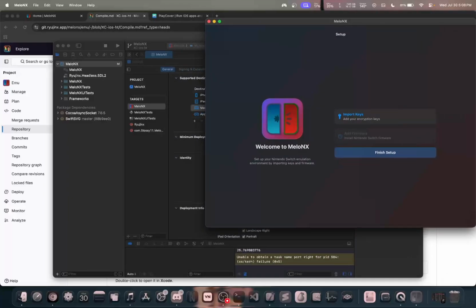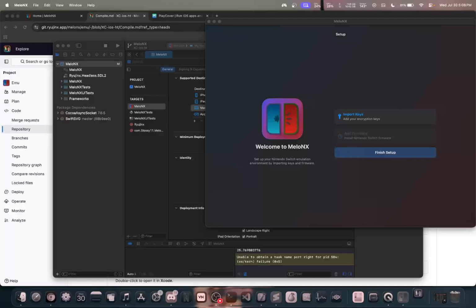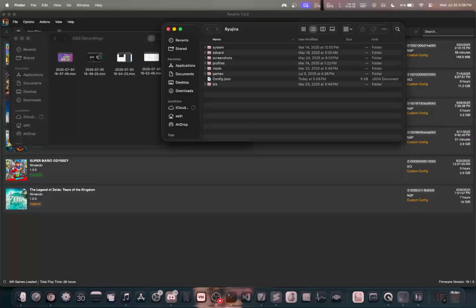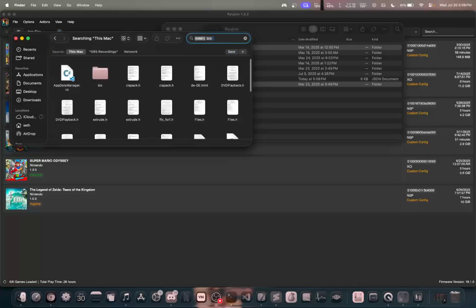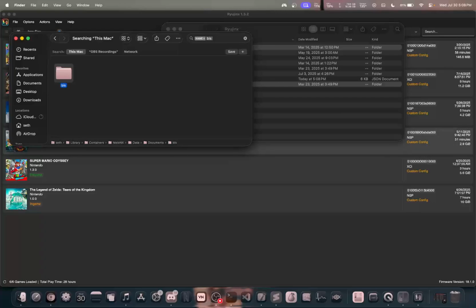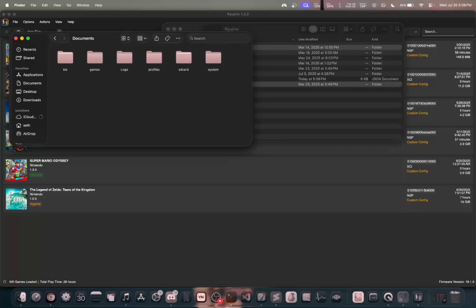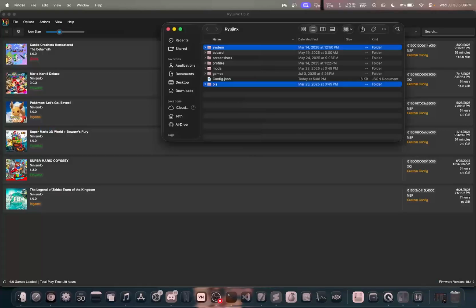And so you can just import keys and firmware as you usually would, but what I like to do is just go into Ryujinx and grab the bis and system folders from there. So just grab bis and system, you're just going to want to copy those, and then you're going to want to go into Finder and look up bis. The reason you're doing this is it's kind of hard to find this specific MeloNX instance that you've built and its documents. So you're just going to want to find this file path, go to documents, and then here is where the bis and system folders for MeloNX are. You just want to paste those in, and then